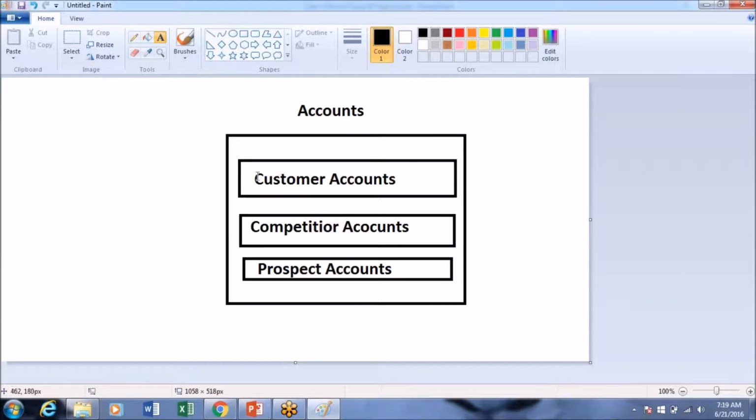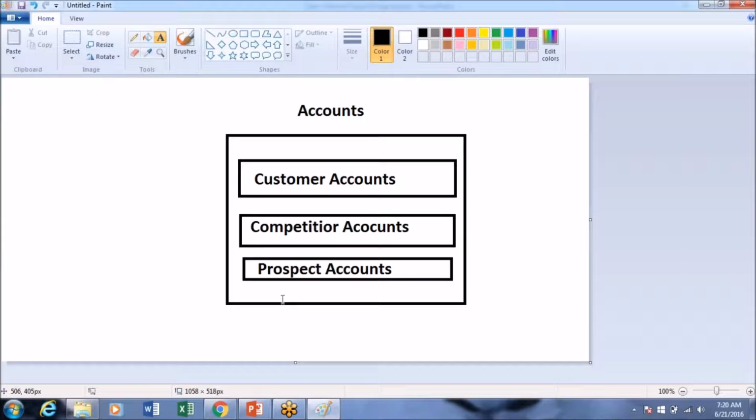Each account should have its own view. If we look at the customer account, it will have its own fields organized in different sections, and its own pick list values. Competitor accounts are the same: they will have different fields, not the same fields as customer, though one or two might be the same. Prospect accounts and government accounts are also the same.